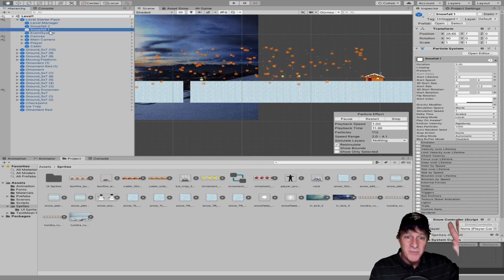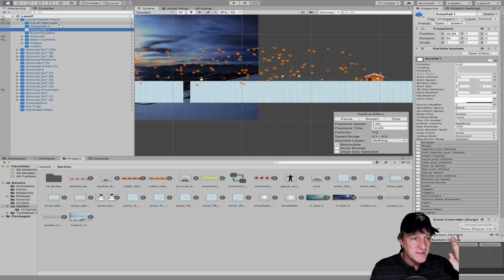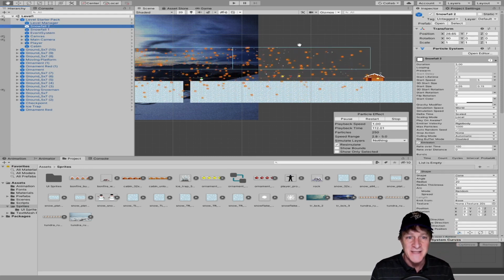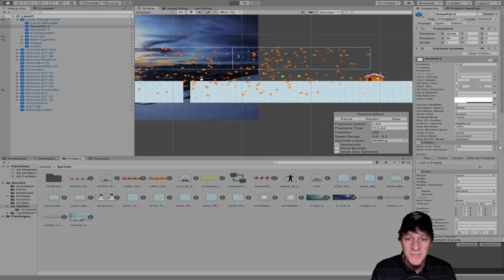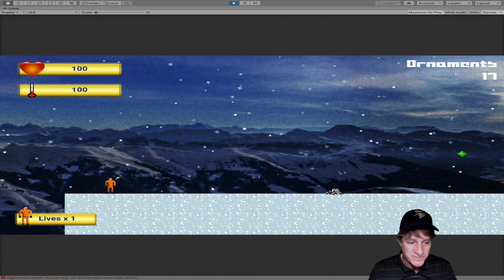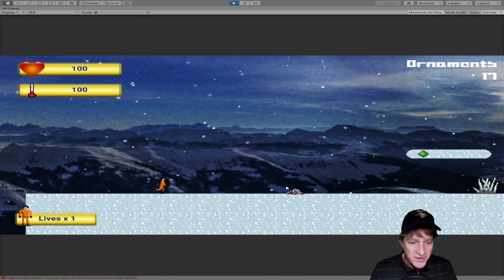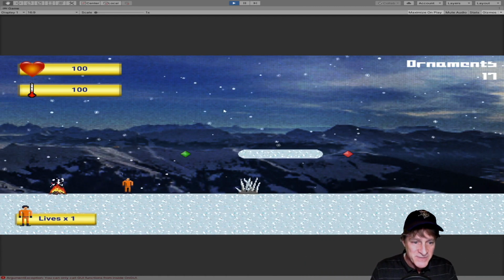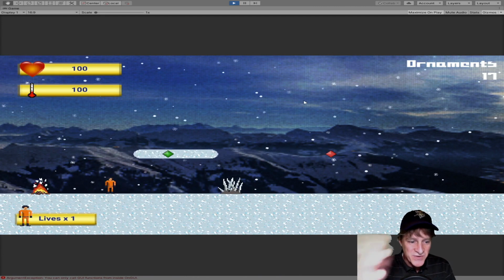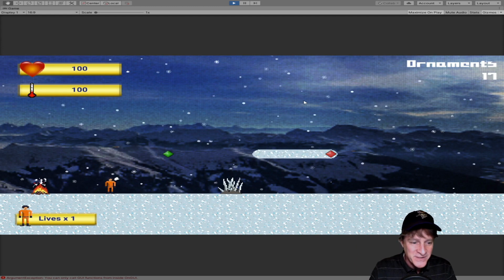One is for big poofy flakes using one sprite, and the other is for a little bit faster, smaller flakes coming down like that. And the end result I'm really happy with. If we take a look at it and run the game, you can see that as the player moves along here, there's snowfall and there's two different types of flakes, and they're moving down at variable speeds, and they have some noise in them, so they're not always a straight line. They wobble a little bit in different directions.